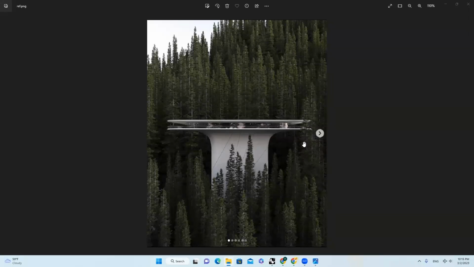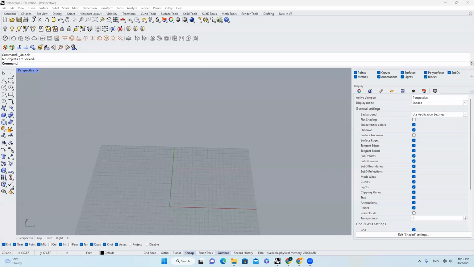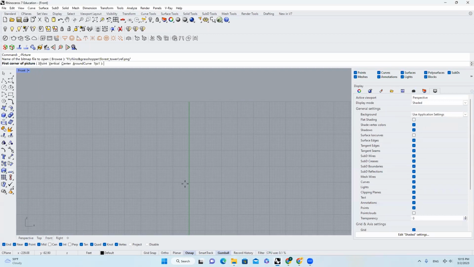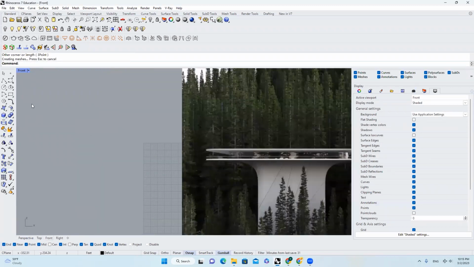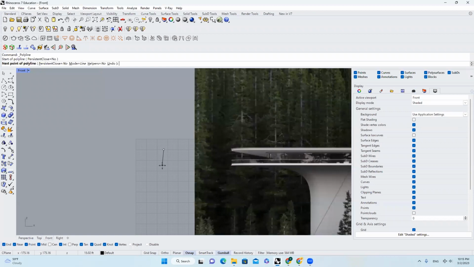Today we can talk about how to model this project from Vlasov inside of Rhino. And let's begin. First thing, I'm going to drag this photo into the Rhino environment, and then I'll go to front view. The next thing I'm going to do is I will draw a line anywhere, and I'll hold Shift,